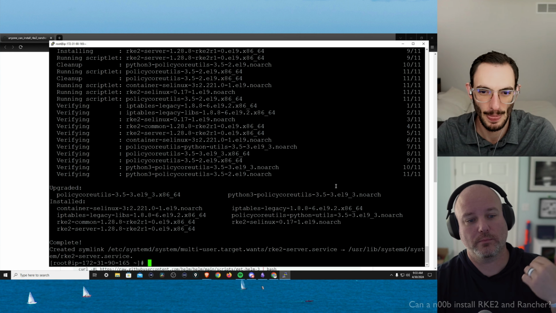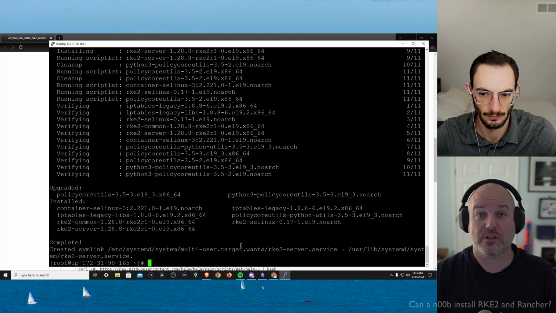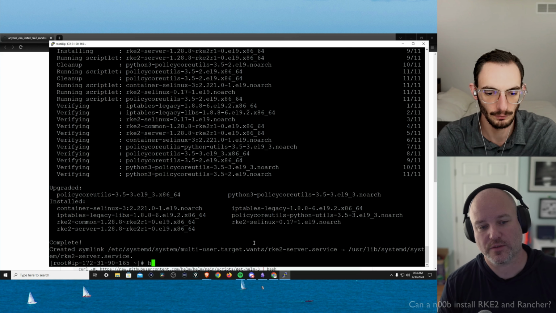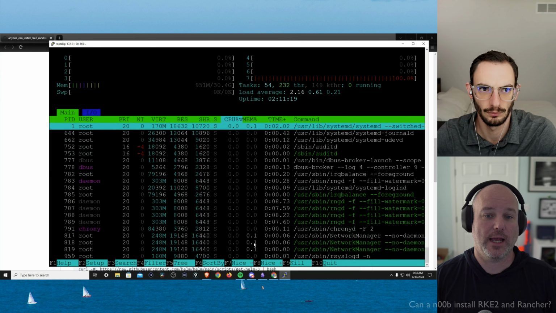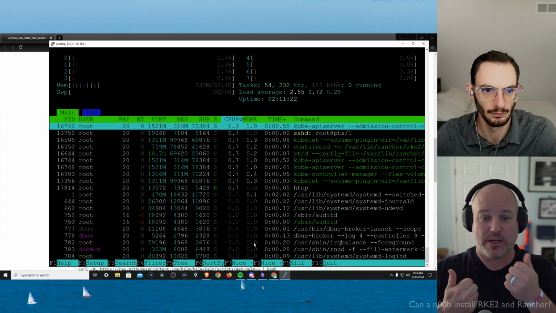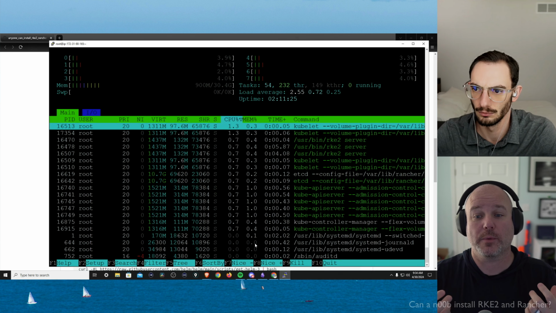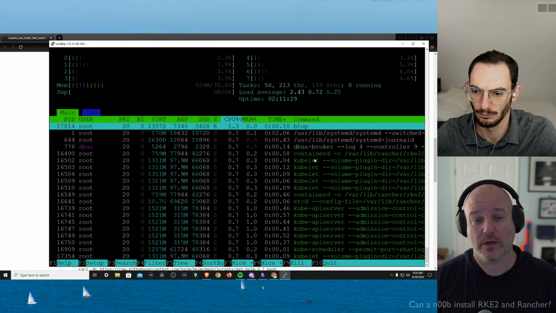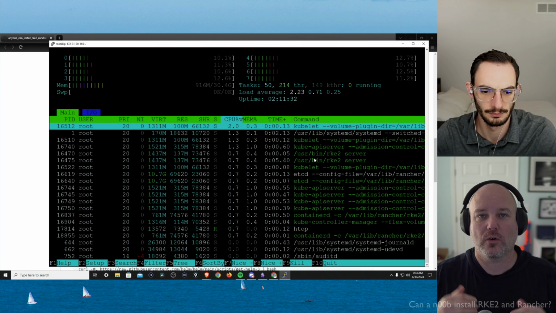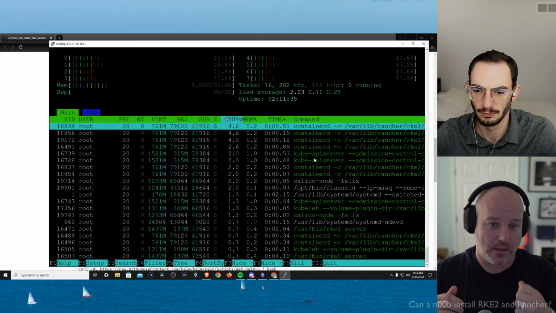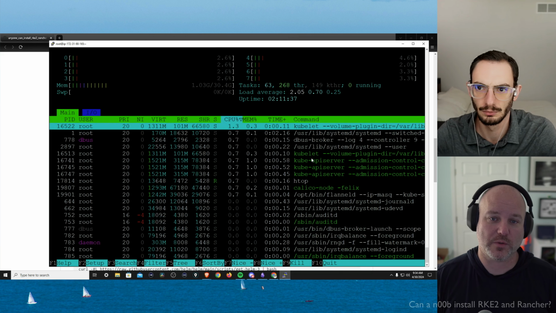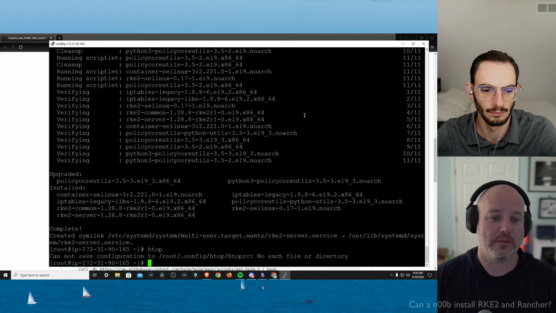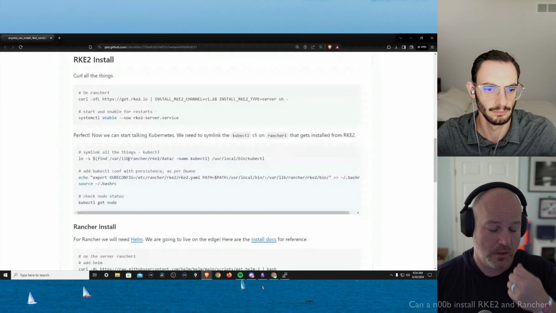Cool. So the command line came back. Our RKE2 servers are running. If you wanted to go ahead and do htop again, just for giggles. Notice we've got containerd running and kubelet and kube API. Those are all the subcomponents that make up RKE2. So you actually have Kubernetes running right now on the node. It's still coming up, still figuring itself out. So the load average will come down. It's already coming down now, I can see. Go ahead and hit Q and quit out of htop and then go back to your gist.